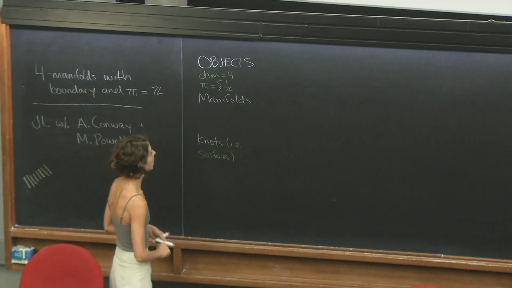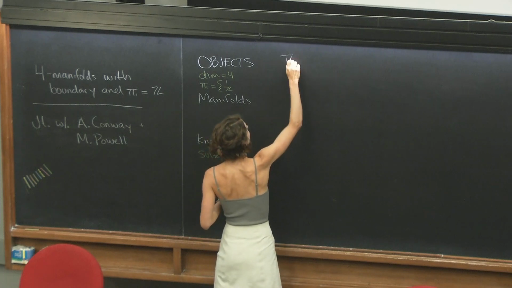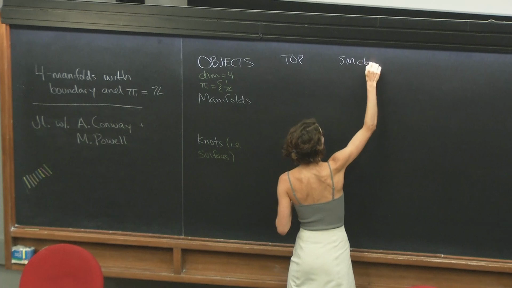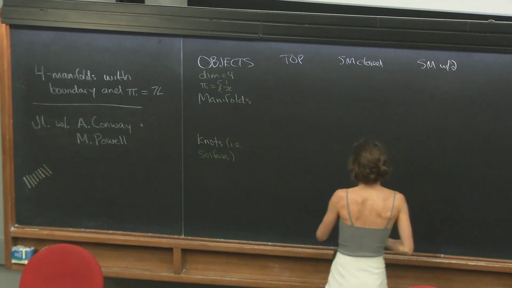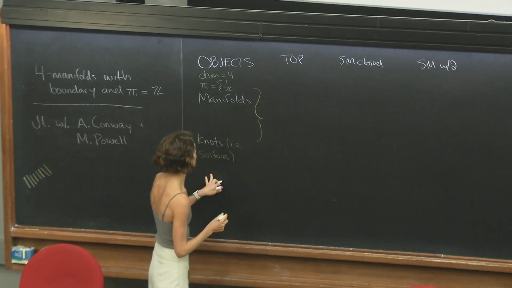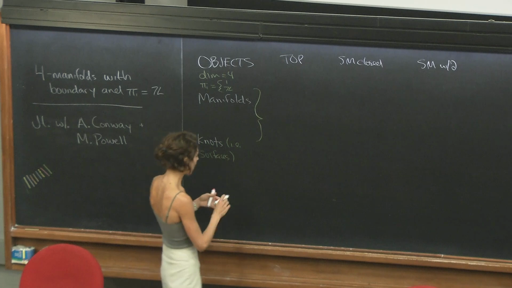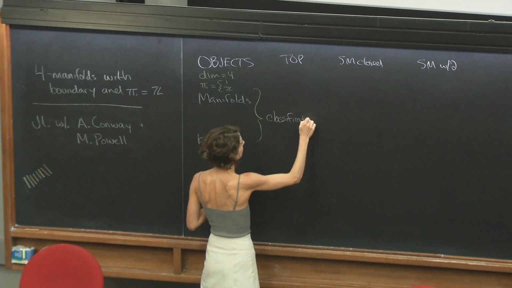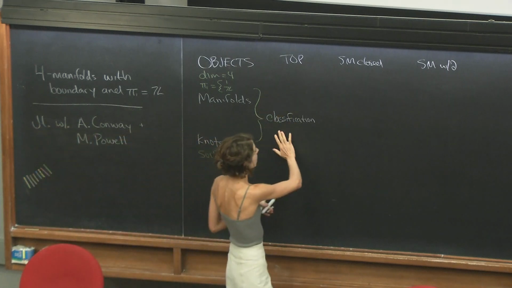Now what I want to try to do is tell you what we know about these objects in a few categories. I'll tell you what we know about them topologically, what we know for the smooth closed setting, and in the smooth with boundary setting. Topologically, we know quite a lot. I'll state them more precisely, but for these groups, both for 4 manifolds and for surfaces in them, we have classification theorems. The main theorem that I'm going to talk about today contributes towards this classification.